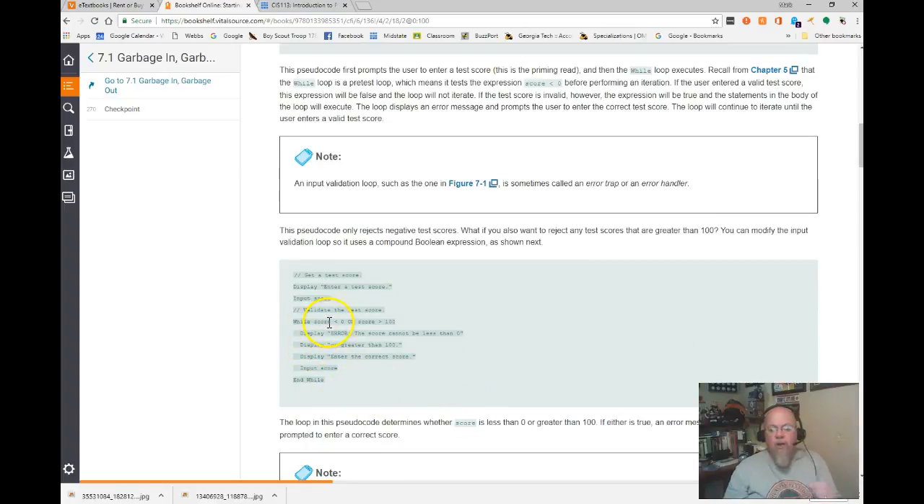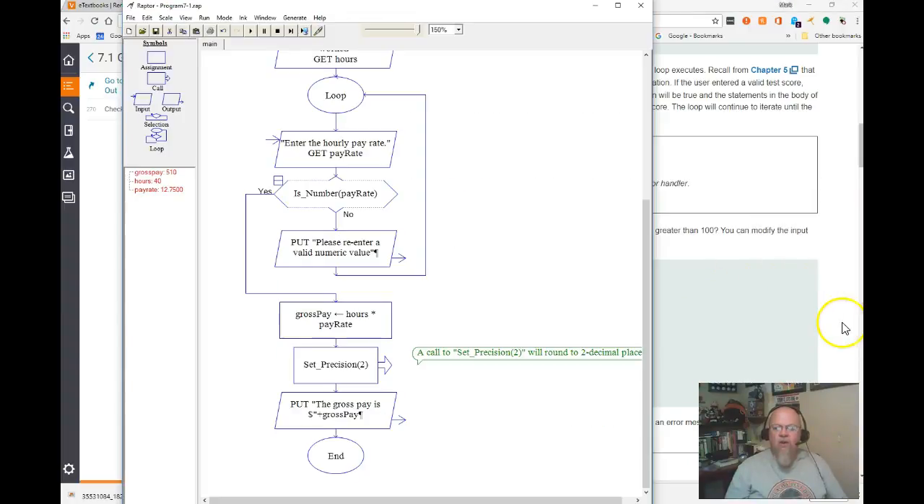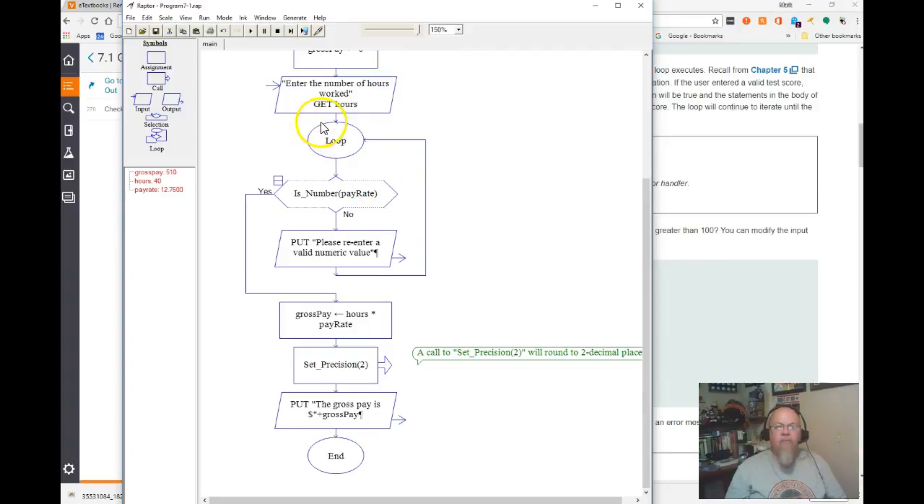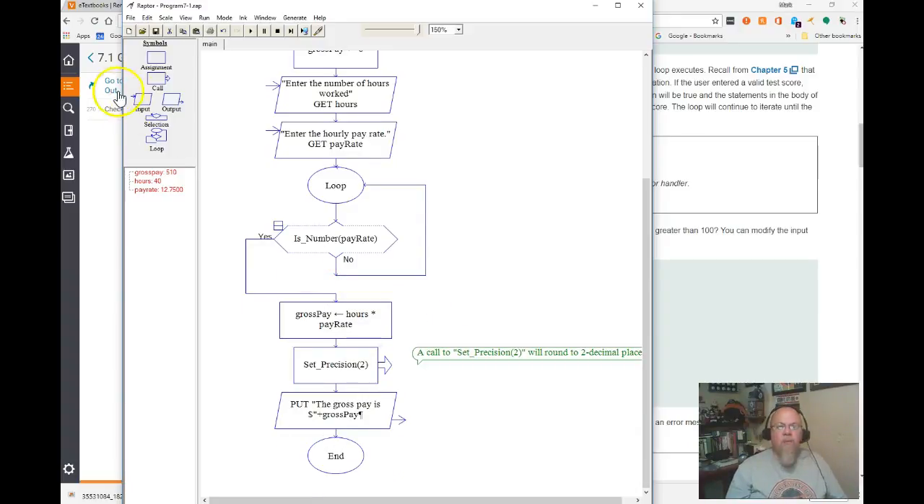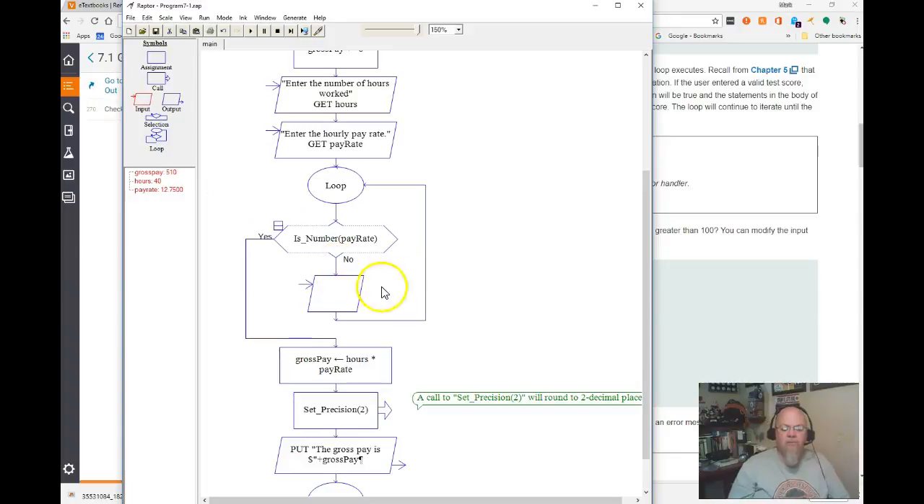Now here's another one. While the score is less than 0 or greater than 100, we're expecting something between 0 and 100. If they type anything less than 0 or over 100, that's going to make this invalid. So what could we have done over here to do that differently? Well, we could have done this. I could have taken this guy and put it before the loop. Then I'll get rid of this output. I'm going to put an input loop right here that says,